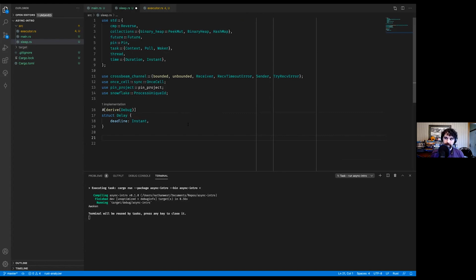That's what we're going to make. We'll start with the sort of interface that we're going to write, and then we'll fill it in later. So we will say sleeper thread channel. So we know that we have a global thread that's just going to be running, and our interface for it, our way to talk to it, is going to be a channel. So we will say this returns a static reference to a sender.